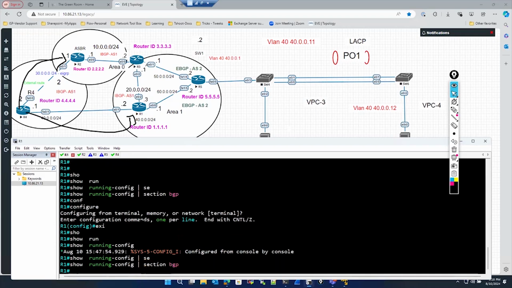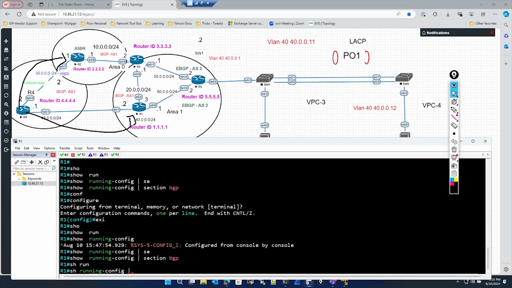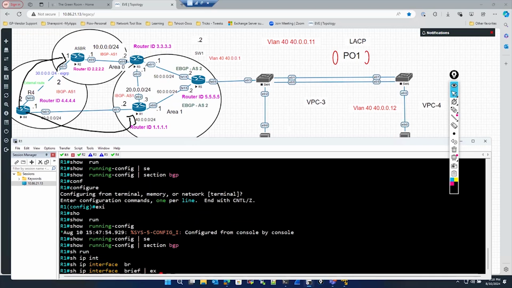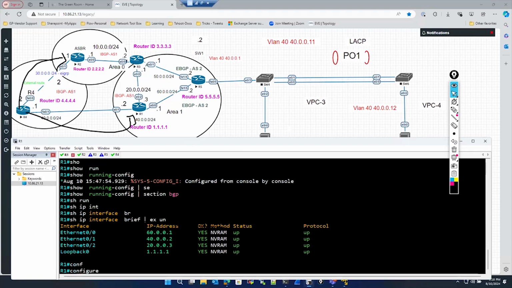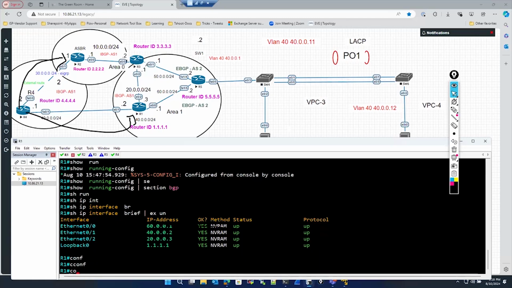Oh, sorry for that. Show IP interface brief, exclude unassigned. I have assigned an IP address on it. I'm on R1. Okay, so